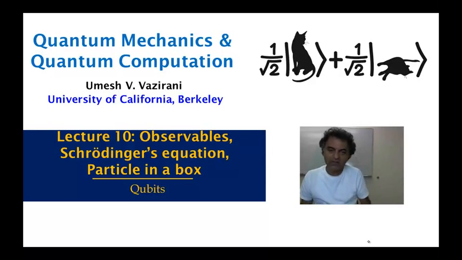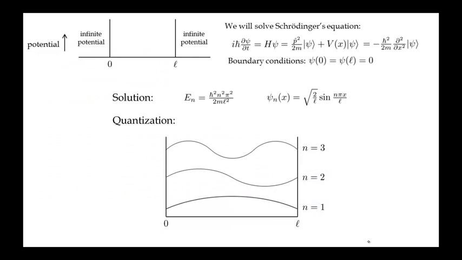Okay, so finally, now that we have this analysis of a particle in a box, which is a toy model or simplified model for an atom, for the states of an electron in an atom. Now let's see how we can use this to implement qubits. Okay, so remember our model had the particle in the box, and